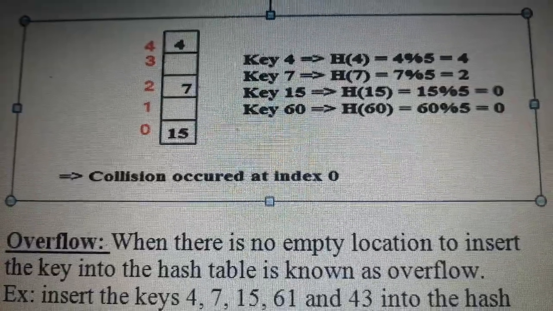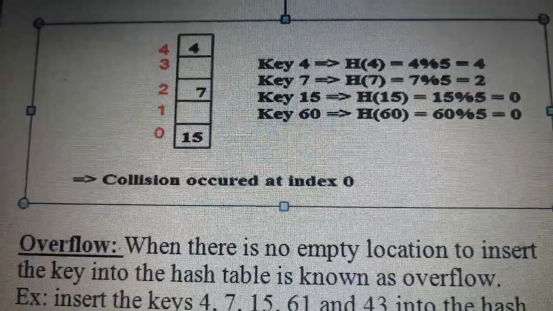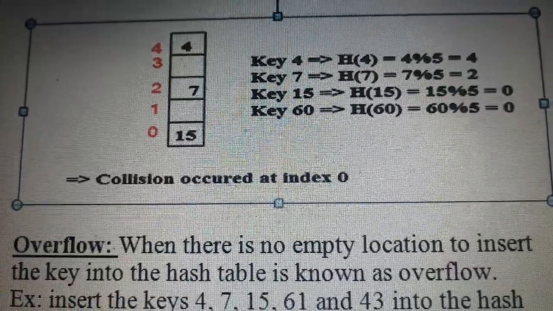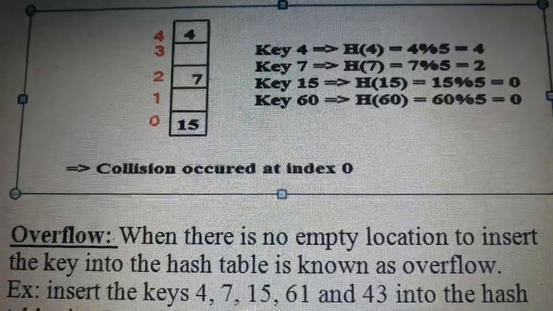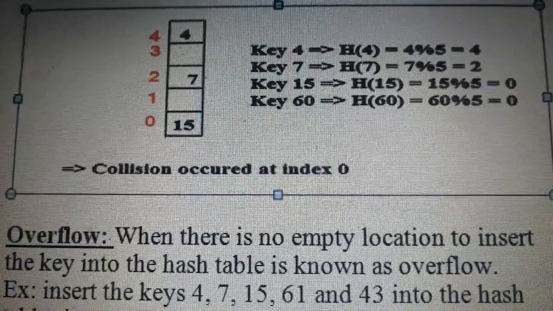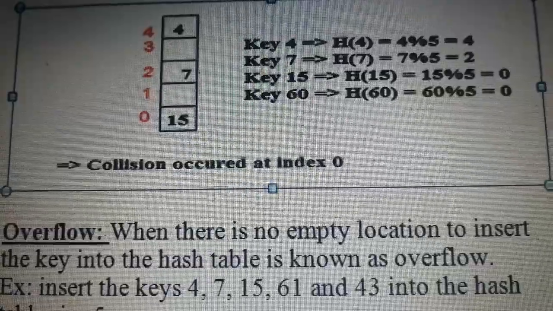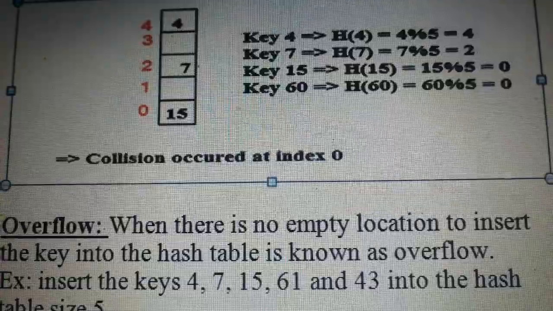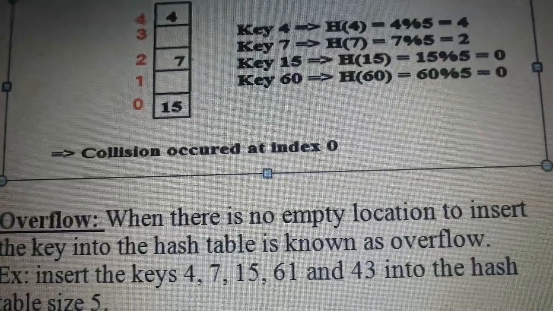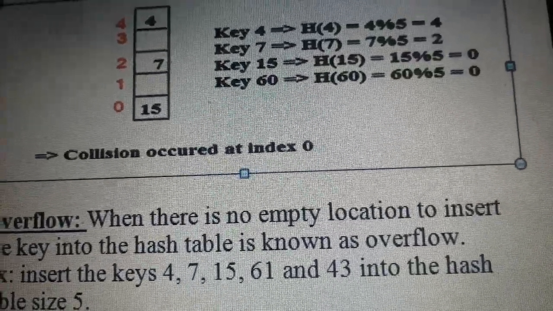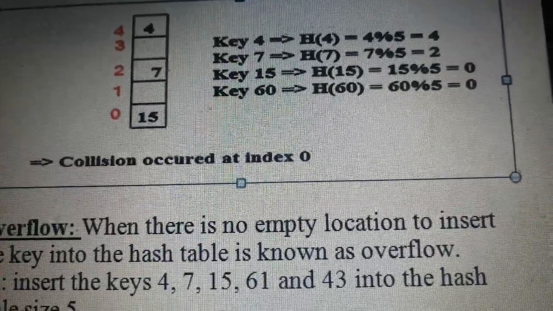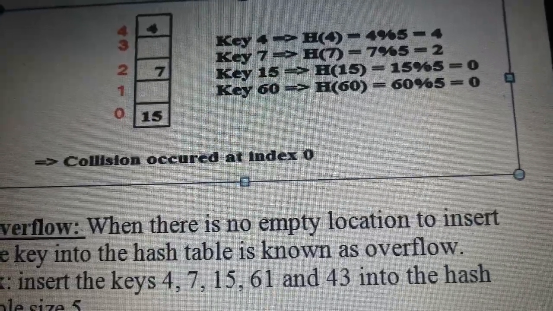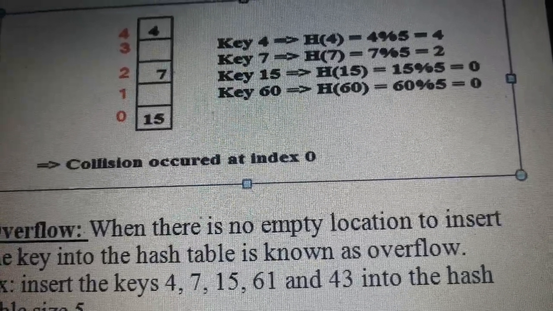Suppose we are taking the value 7485, so there may be a collision. Here I am taking a key value of 4, h of 4, for 4965, key value 4, and then 7965, key value 2. Now h of 15, the key value, is the index. For 4965 the index is 4, 2, 3, 5, like this. What is the index here? 0, 0 are the indexes. This is where a collision occurred at index 0.